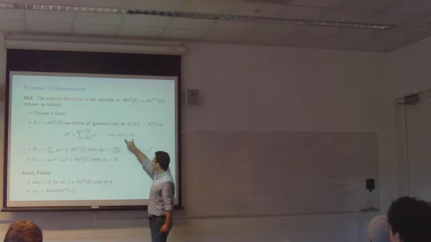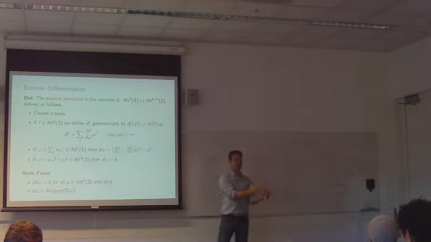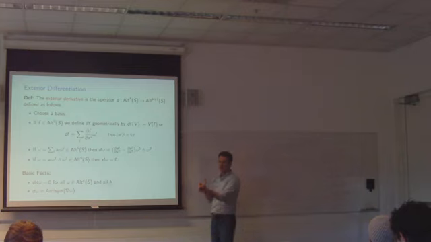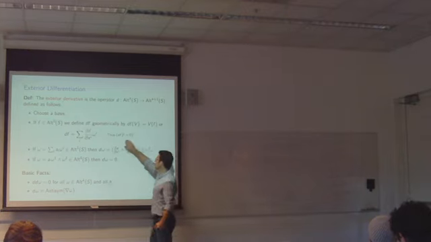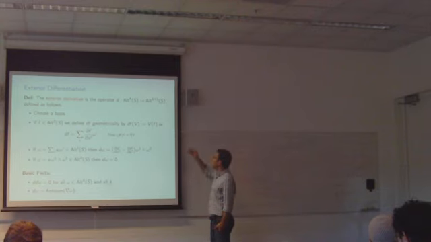But if you did want to bring back the metric, well, the reminder is that df sharp, if you were to dualize with the metric, you get the gradient. So here's a connection between something we define via a metric and something which doesn't need a metric. Okay, so this d operator,